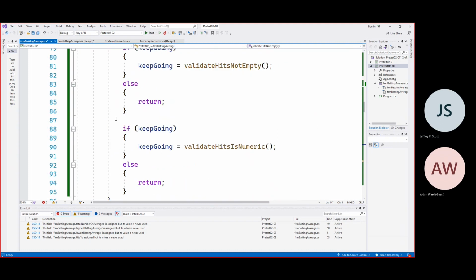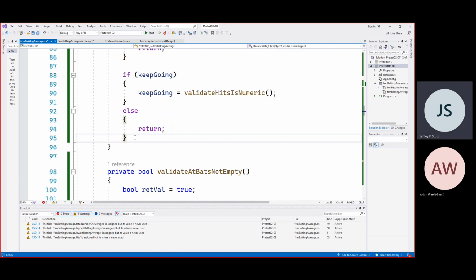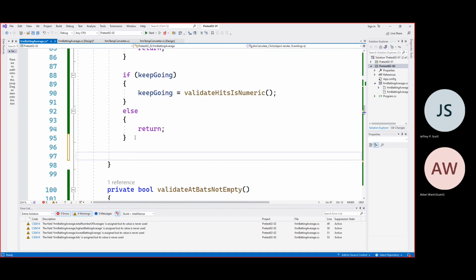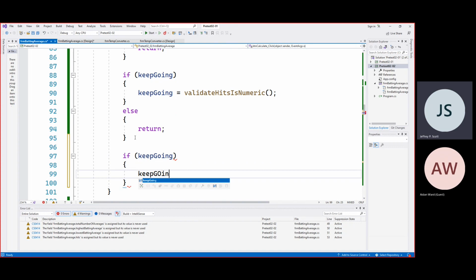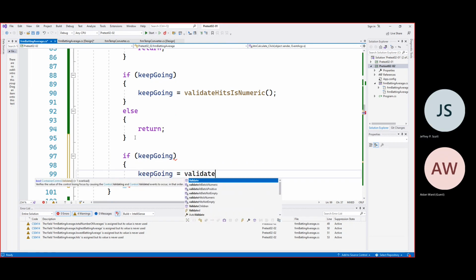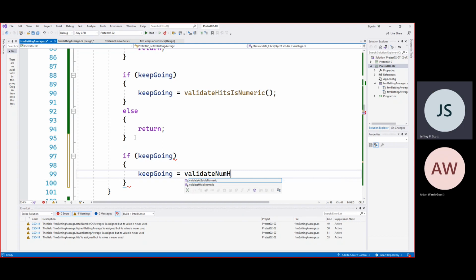Okay. So we're going to have one more of these. If keep going. Keep going equals validate num hits